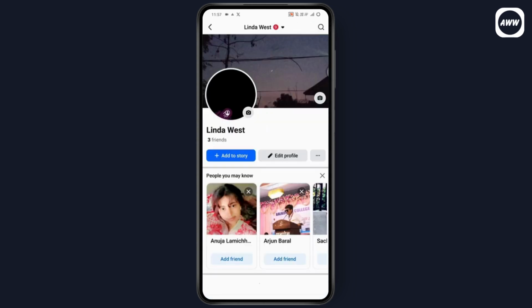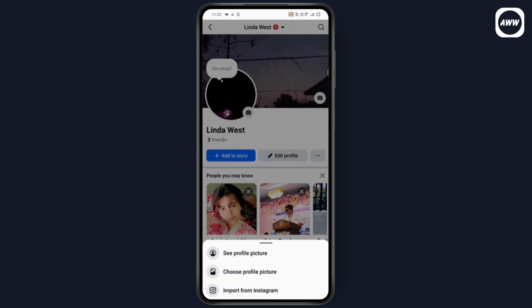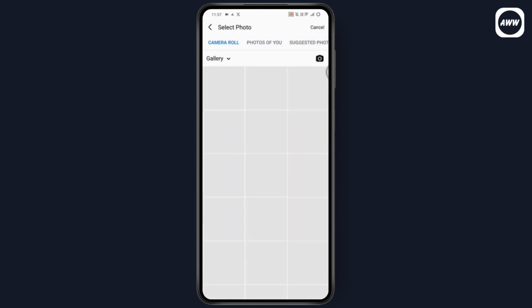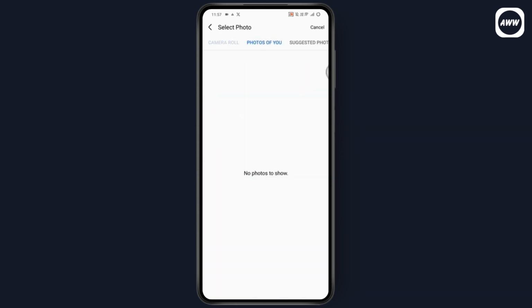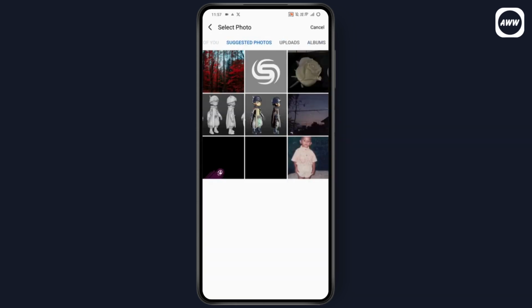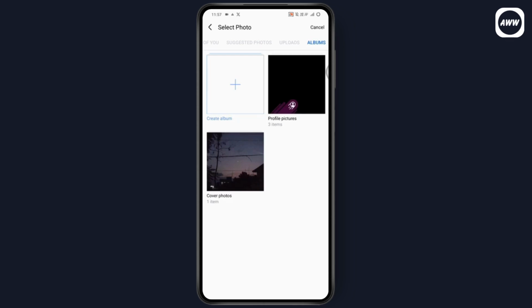on your profile. Now from your profile, if you want to repost your Facebook profile picture, then you need to tap on the profile picture and then tap on choose profile picture. Once you tap on choose, you can go with photos of you or suggested photos, or you can also go with albums, and from the albums you need to go with the profile picture, and here you will have